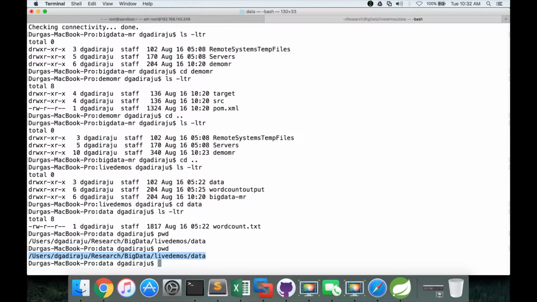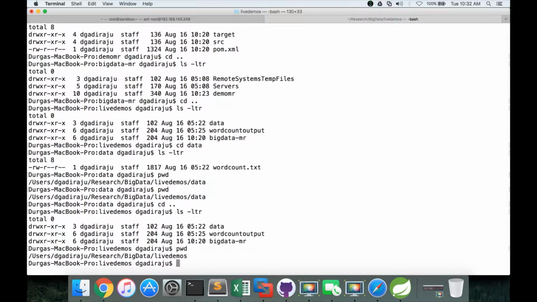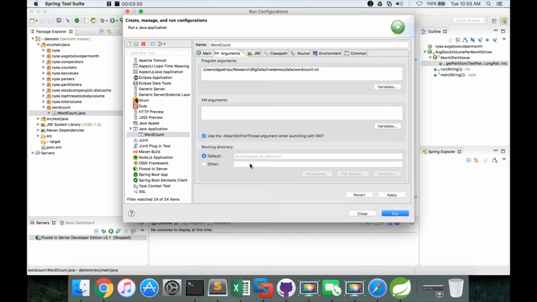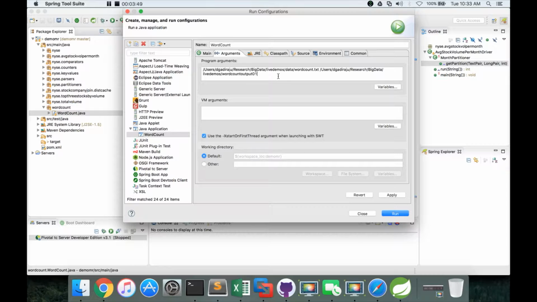So in this case I want to use, I want to create the output path here. So first I have to give this directory, and under that I have to give a non-existing directory. Okay, so here I want to say word count output 01. So already word count output is here, so I want to create a new directory, word count output 01, as part of execution of this MapReduce application. That being said, you can click on apply now and click on run.